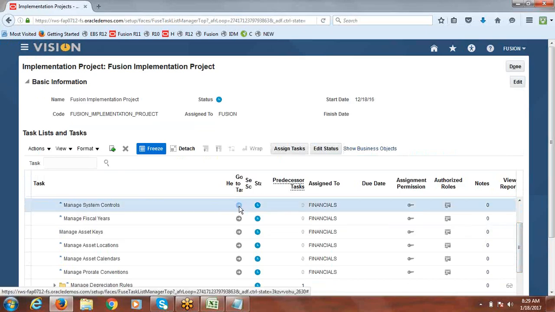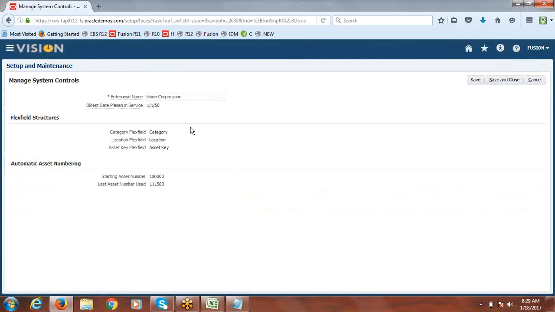Now, once that is ready, normally the first time when you do the setups in any instance, we'll be giving the enterprise name. Here it's already Vision Corporation. If you want to change, you can change. You may give it as Fusion Corporation. This name will be printed on the reports, and the oldest date asset placed in service you can provide here, the very oldest asset we have in the organization.